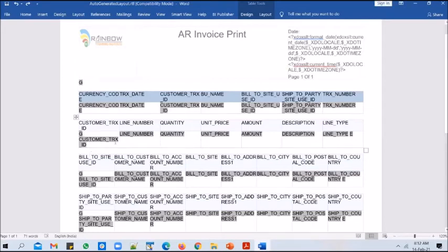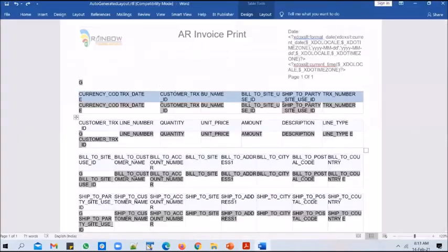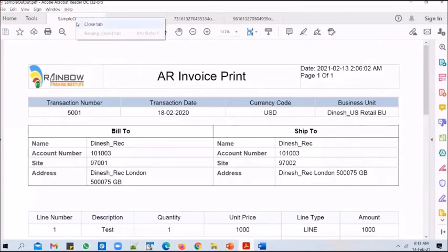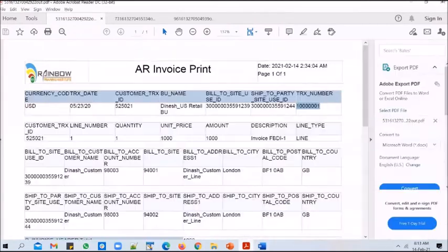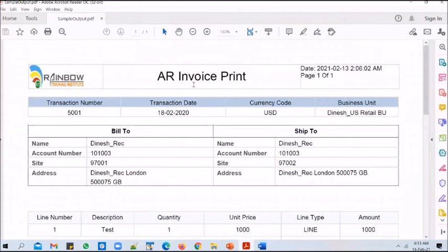So that's how the for each tags work. After this, now let's start aligning this report layout with a PDF document. We know the basics of RTF now. So let's try to align this layout with the PDF document, with this sample output. Let me pull this out, and let me close the other outputs. We want eventually the output to look like this.